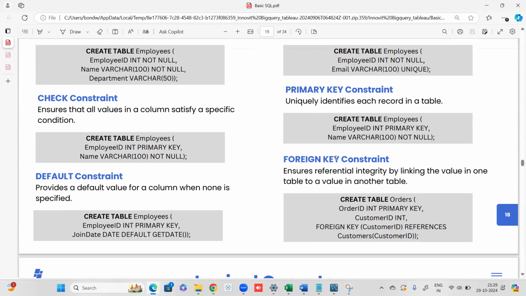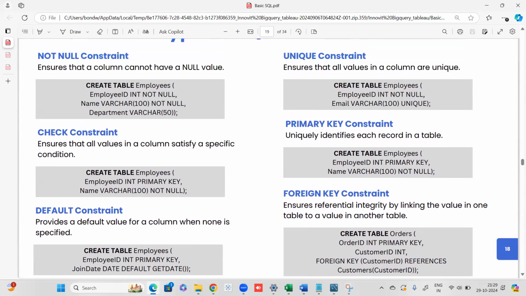Now, I will show you both of these. The only thing that you should keep in mind is that in BigQuery, the primary key and foreign key constraints are not enforced. So even when I'm going to write the query, the syntax has to include the words "not enforced", which means that